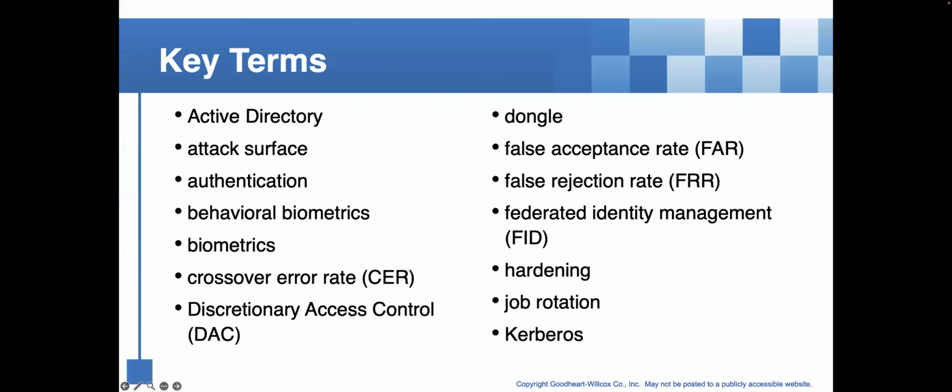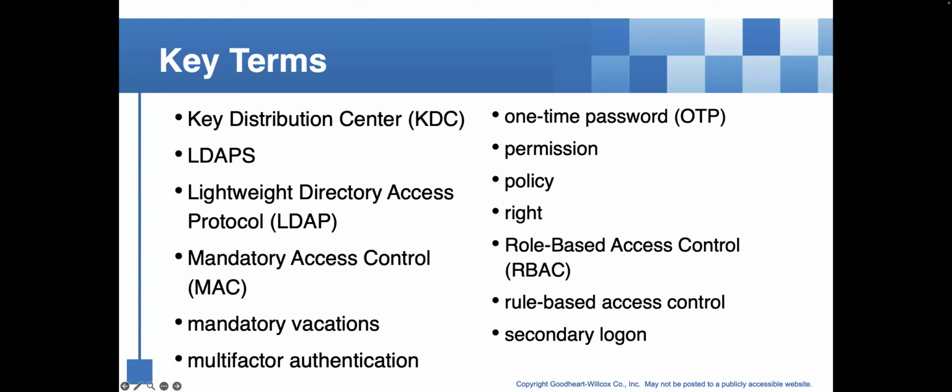Section 3.1, authentication and control. Key terms are Active Directory, attack surface, authentication, behavioral biometrics, crossover error rate, discretionary access control, dongle, false acceptance rate, false rejection rate, federated identity management, hardening, job rotation, Kerberos, key distribution center,